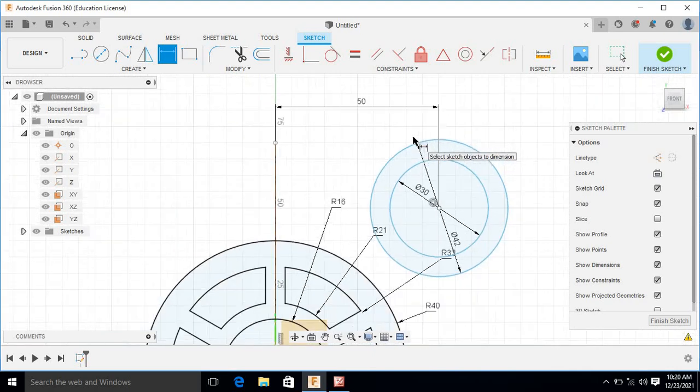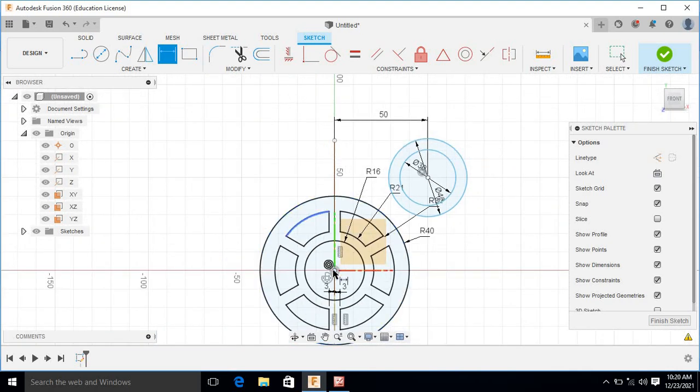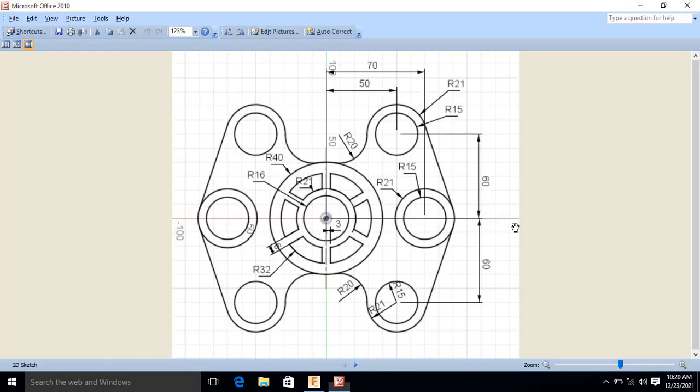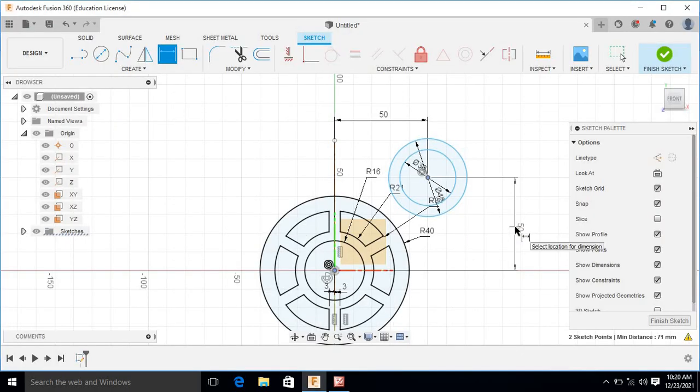Similarly, we are in dimension command itself, so I can select this center and this center and move the cursor on this side so that it will show you the vertical distance. So this distance actually is 50, but we want this distance as 60, so click here and enter 60.